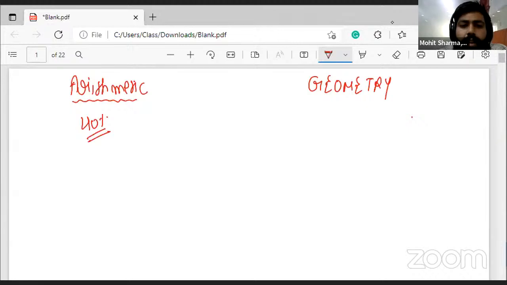अगर आप अकेले ज्योमेट्री को ही, मैं अपना ही बताता हूं, मैं जिन स्टूडेंट्स को ज्योमेट्री पढ़ाता हूं, मुझे कम से कम 100 आवर्स चाहिए अकेले ज्योमेट्री के लिए। इस 100 में भी 60 आवर्स की होगी उनकी थ्योरी।